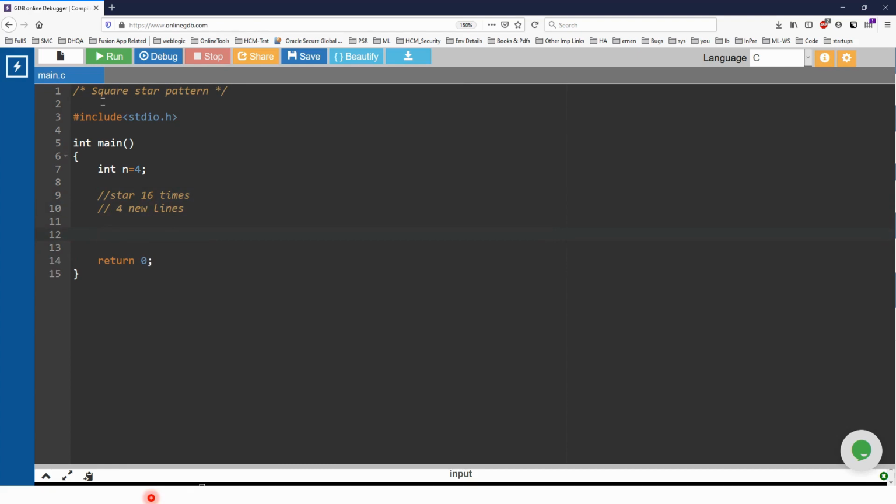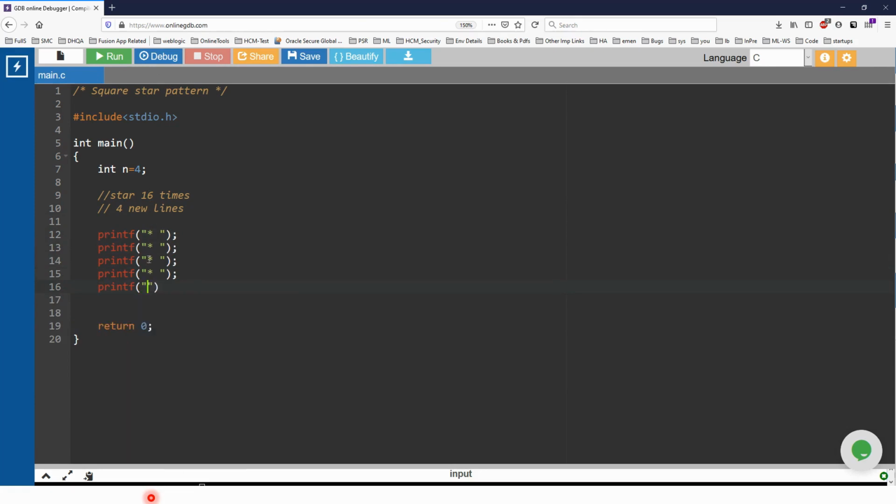Assume we don't know anything about loops. So just printf, a star, and give a space. I'm going to copy paste this 4 times. Now one row is done.